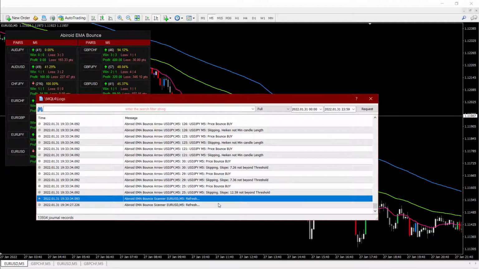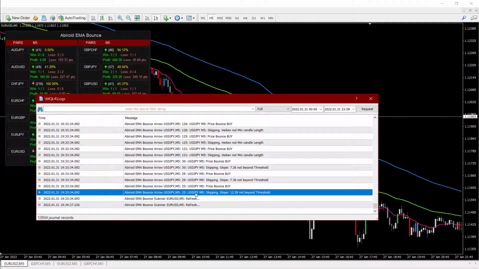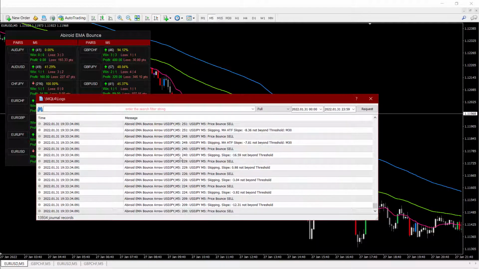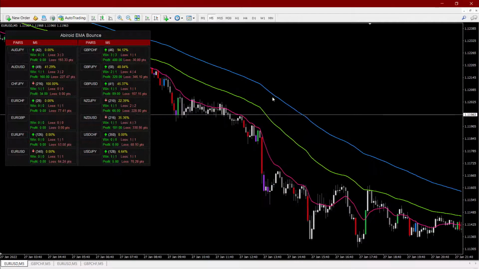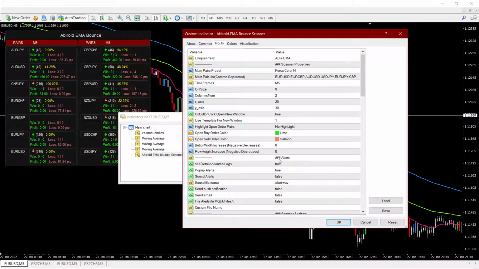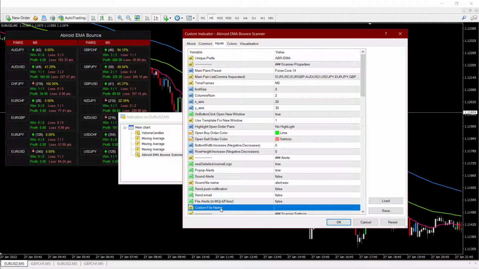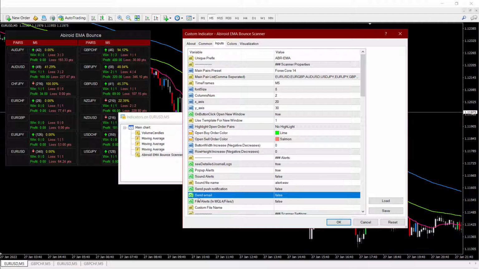And the detailed journal logs will also show you exactly why a particular signal was skipped, or if a signal occurred, then it will also show you exactly where it occurred. And these are all the bar numbers. So you can always see the journal logs, and if you don't want too many logs, you can also set those to false over here. And you can set the pop-up alerts, or if you want sound, push notification, if you want all of these alerts to go into a file, then you can also set that, and a custom file name. If you want emails, right here.